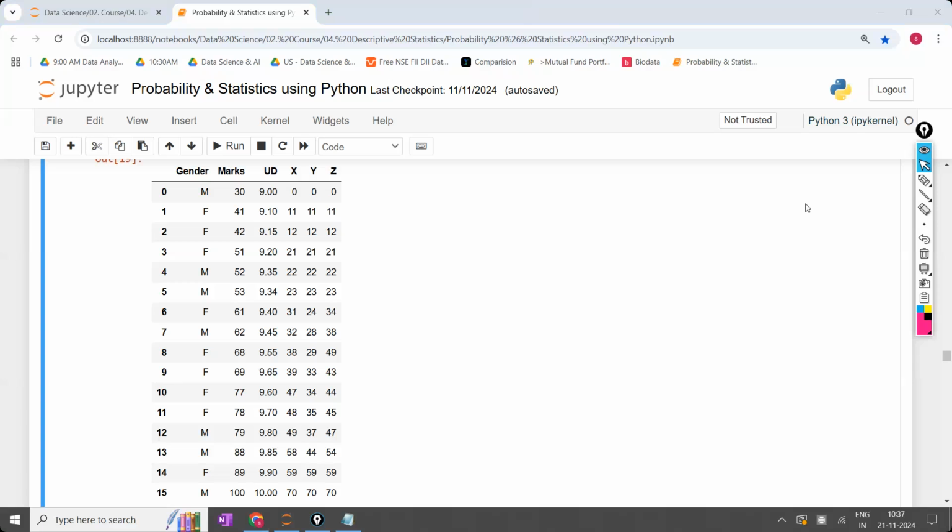Done. So that is the end of the session. We'll continue from here in tomorrow's class, and we'll complete the entire probability with the continuous variables also